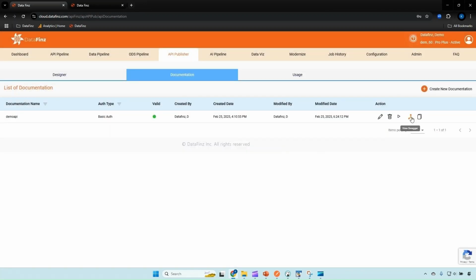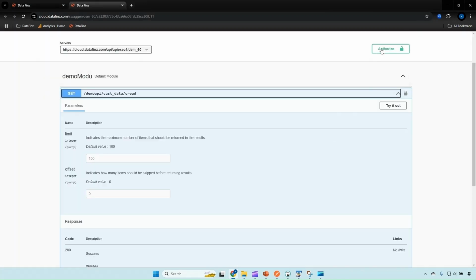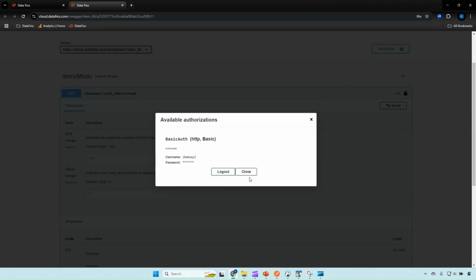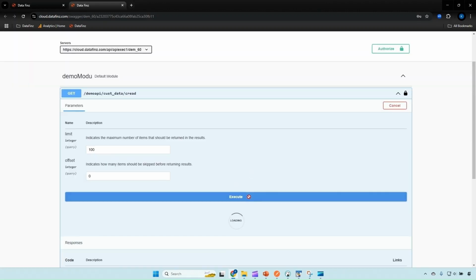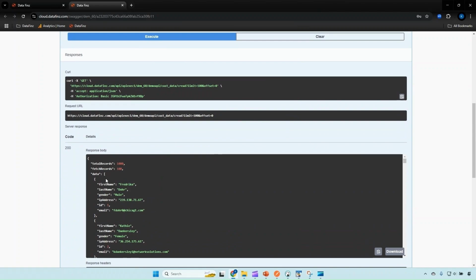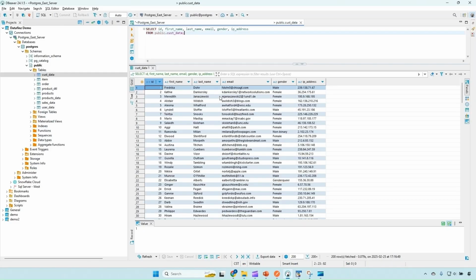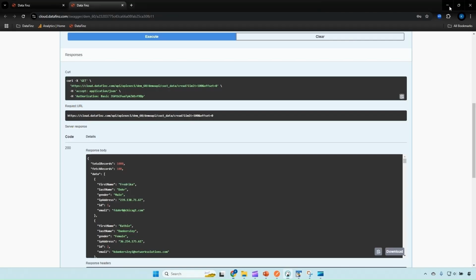Finally, the user can view API details in Swagger by clicking Authorize, entering credentials and logging in. Upon execution, the user gains direct access to the table data, demonstrating just how simple and powerful DataFinz no-code API